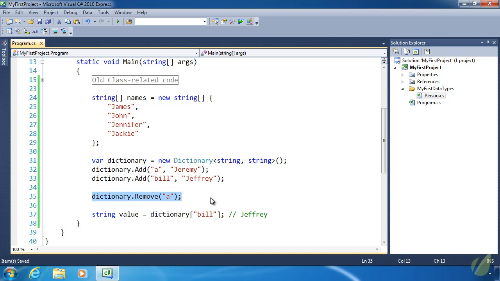And to loop over a dictionary, you typically use a for each loop, because it's really hard to iterate a for loop with a letter, or a string for that matter, or anything that's non-numeric. So for the most part, if you're going to loop over a dictionary, you are going to use a for each, because if you're looping over a dictionary, chances are you just want each of those key value pairs. And guess what you get whenever you do a for each loop? You get a key value pair. So I usually just call mine KVP, key value pair. So for each KVP in dictionary,